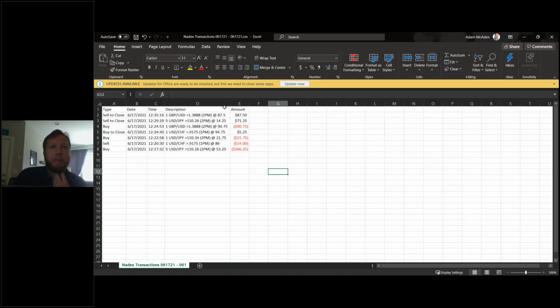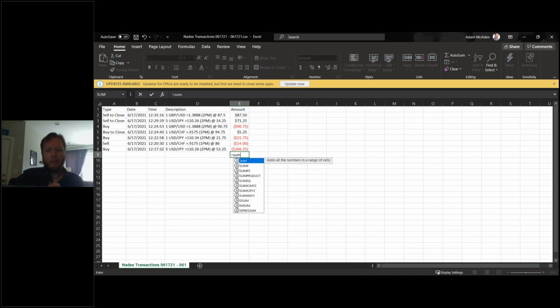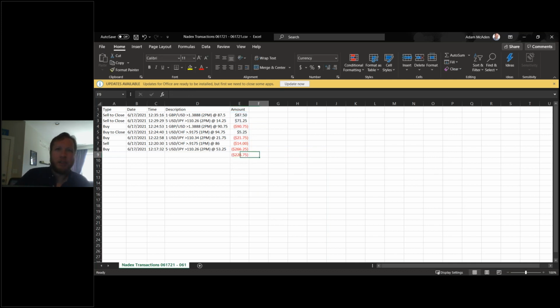So you can see your total P&L, and well, you can calculate your total P&L. If I scroll over this, I can see the sum here. This is going to be my total profit and loss on all these trades. And if you know Excel, you can also do the sum command. And I can see I've lost $228 total on all the trades I did this morning.